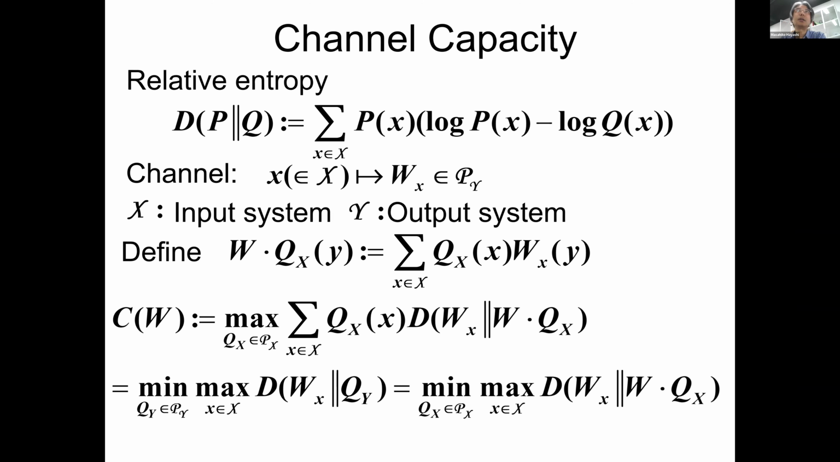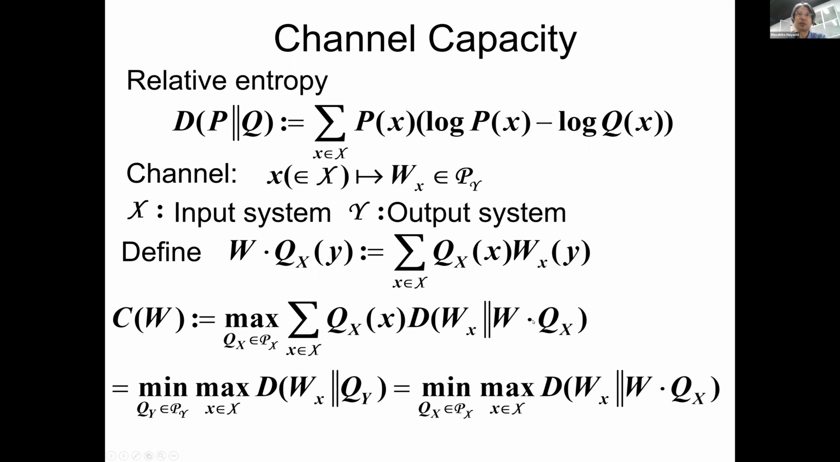Firstly, we summarize the existence result for channel capacity. We prepare a relative entropy between the two distributions P and Q in this way. In our setting, the input system is X and the output system is Y. Depending on the input element x, we have an output distribution W_x. This is given as a channel model. So we define the output distribution when the input distribution is Q_X in this way. And the channel capacity is given as a maximum of the average relative entropy in this way. This is the input distribution, and this one is